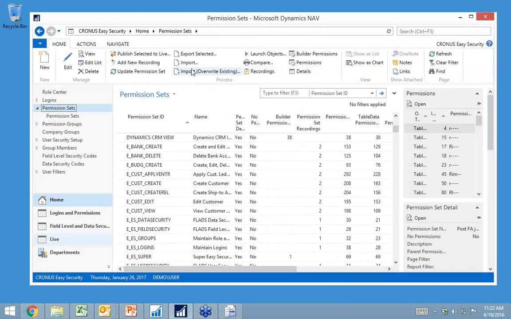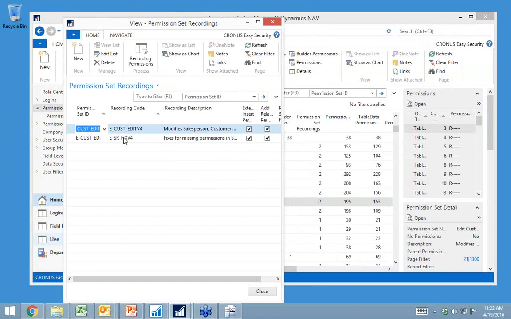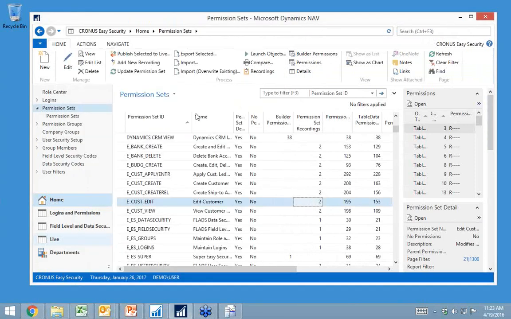They also, with the source code analyzer, take into account a lot of the customizations. So you can take your security and redo it built on our permission sets. As we right now have version 4, it supports the current versions of NAV. We will ship future versions where we support newer versions. As you import these permission sets originally, you can also import only new recordings. So in the future, when you upgrade, we will handle the things Microsoft changed, and you already handle the things you changed, allowing you a much smoother upgrade of your security.